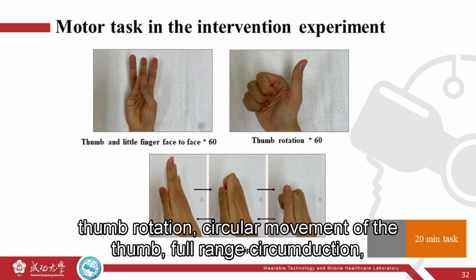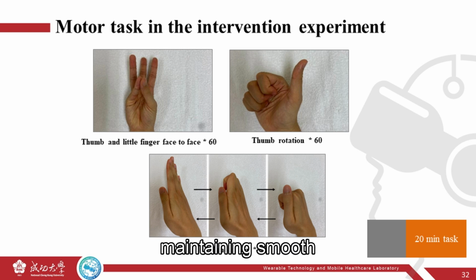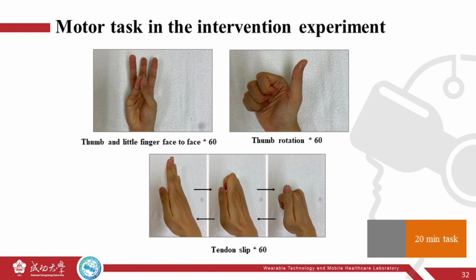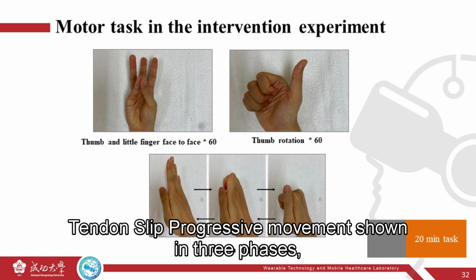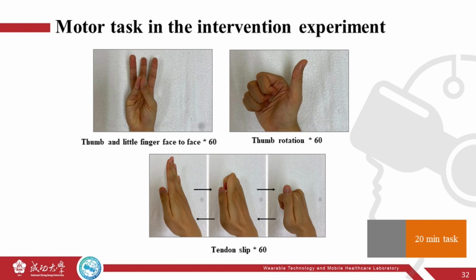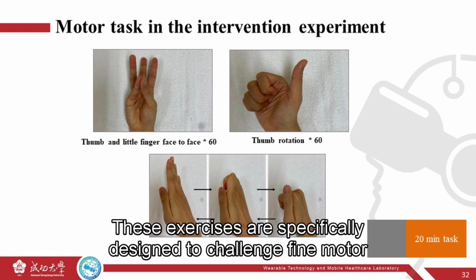2. Thumb rotation, circular movement of the thumb, full range circumduction, maintaining smooth motion, targets complex thumb mobility. 3. Tendon slip, progressive movement shown in 3 phases, subtle sliding of the tendon, careful control of finger position, emphasizes proprioceptive awareness. These exercises are specifically designed to